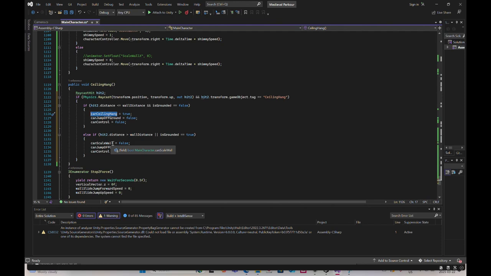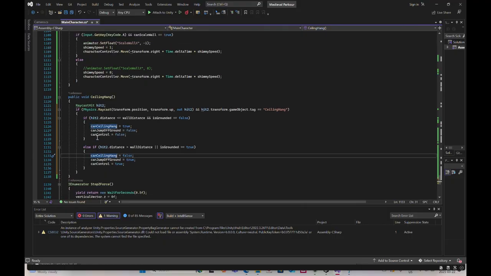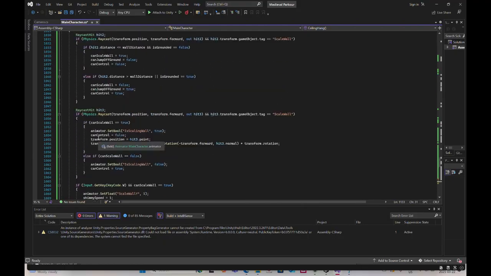And this is can't jump off ground is false, can't control is false, and everything. If this raycast is not happening, then all this is opposite. So can ceiling hang is false, can jump off ground is true, can control is true. So here I'm setting this can ceiling hang. If the can